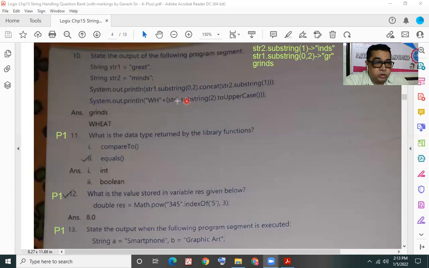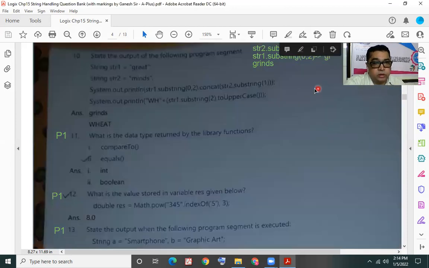So in str1, from index position 2 till the end: index position 2, G being in position 0, R being in 1, E, A, T. So position 2 is where we have the character E. From E till the end of the string, the three characters EAT we would get. That is what str1.substring(2) will give us.